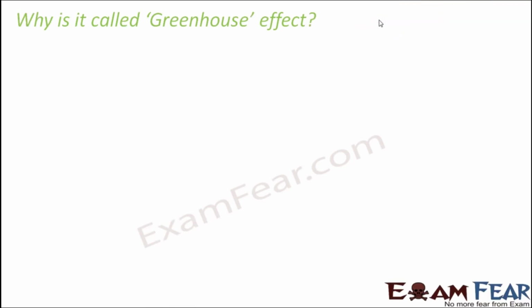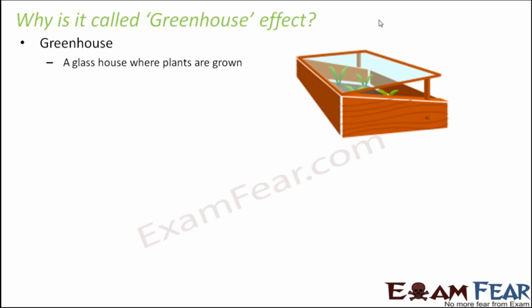Now, the next interesting question is, why is this phenomenon called greenhouse effect? How is it related to a greenhouse? The term greenhouse is basically used for a glass house where plants are grown. Especially during winters, when there is not sufficient sunlight for plants to grow, this technique is often used, where you take a box whose top cover is made up of glass, like you see here, and inside you put the plants. What happens is, this glass will allow the sun rays to enter inside,